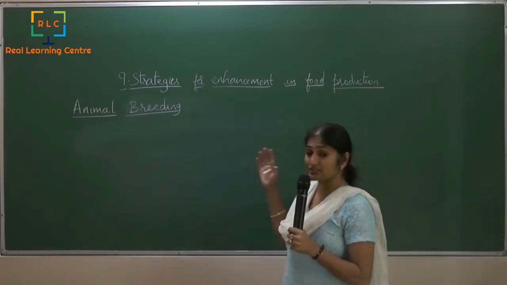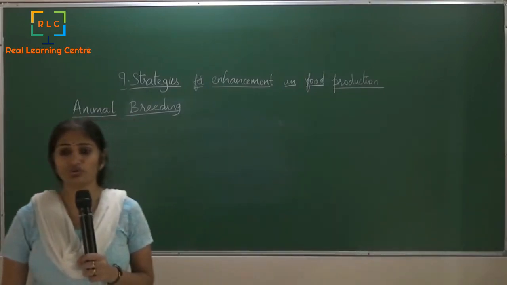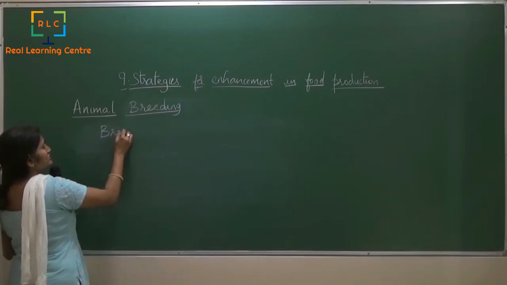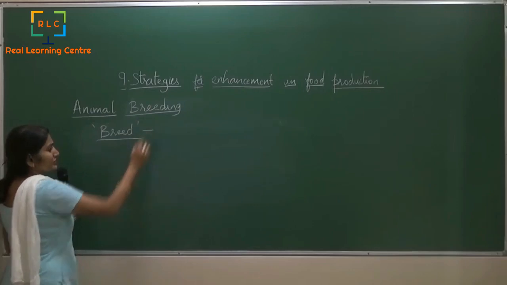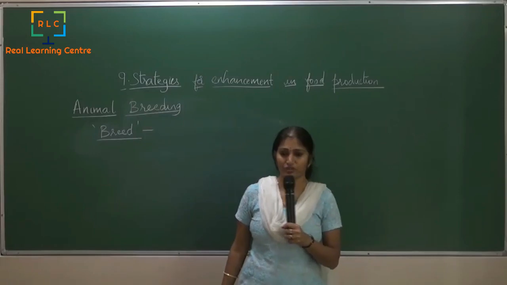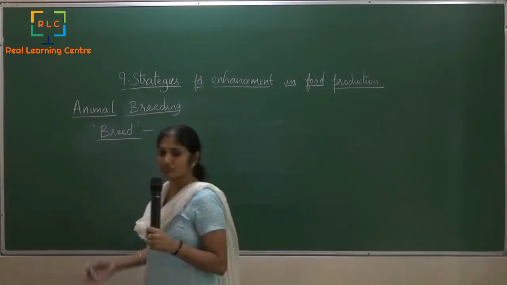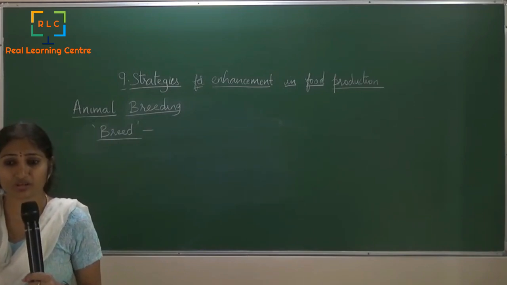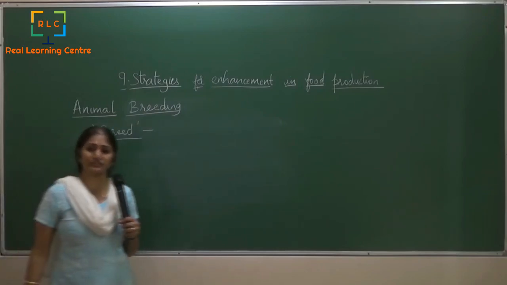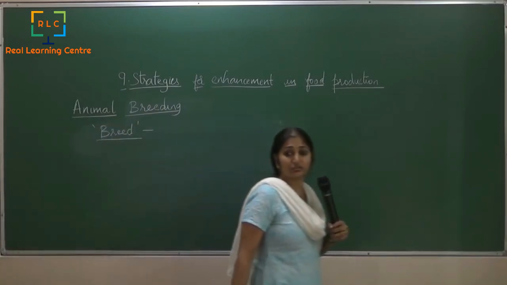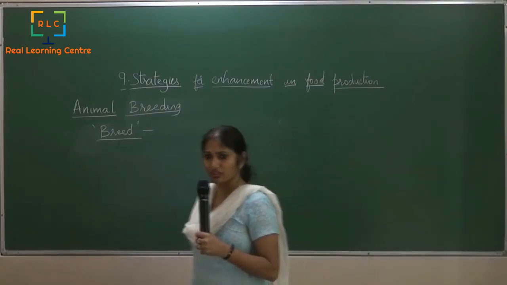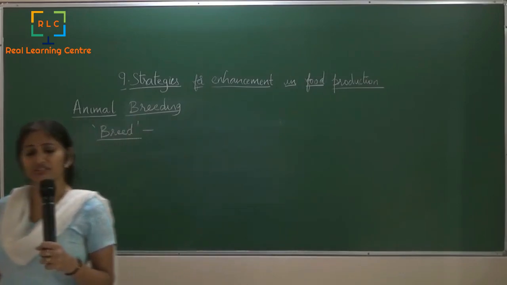Now, before we try to understand how this is done, we should first know what exactly the term breed means. Breed is nothing but a group of animals. Breed is like a collection of animals, but the thing is, these are all related by descent and similar in most of the characters. Like their appearances or their features, their sizes, the configurations, their properties, all these are pretty much the same.